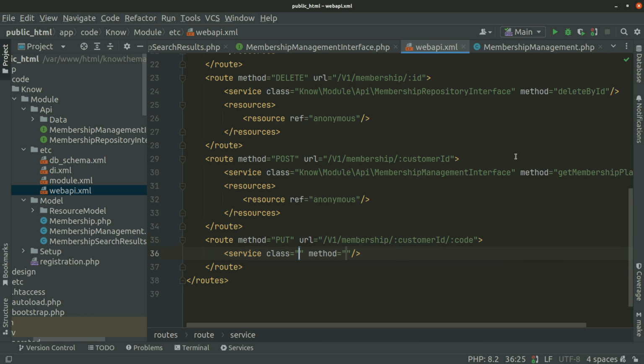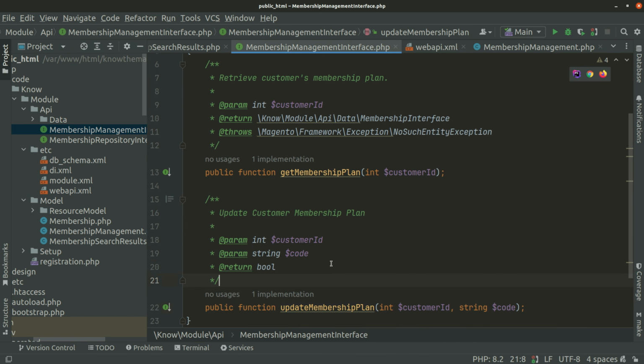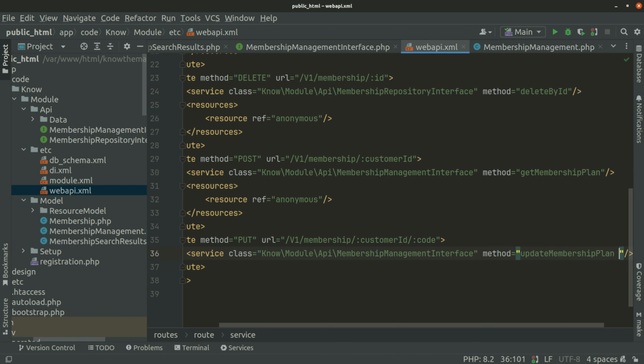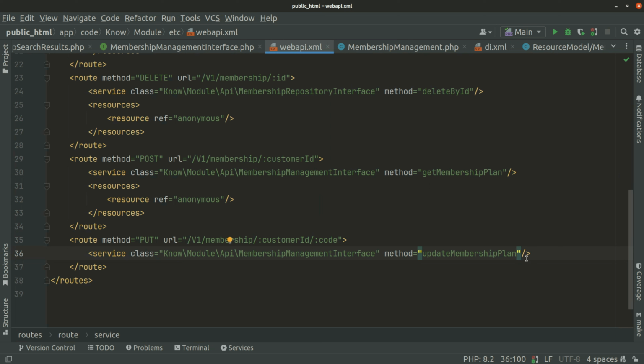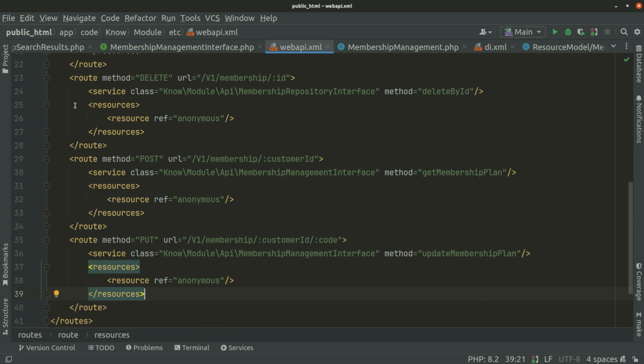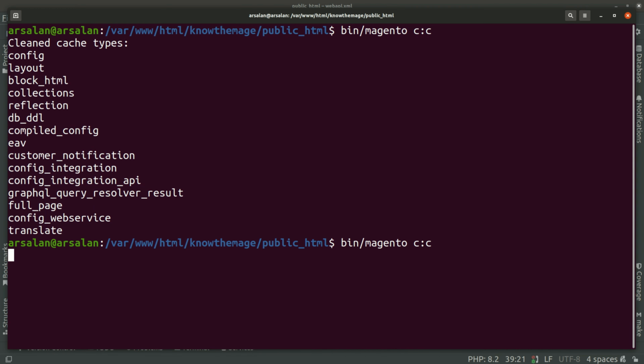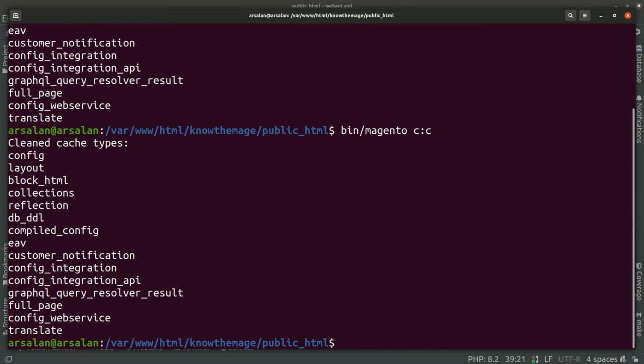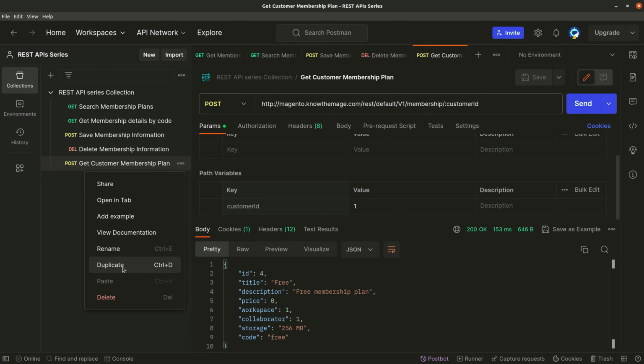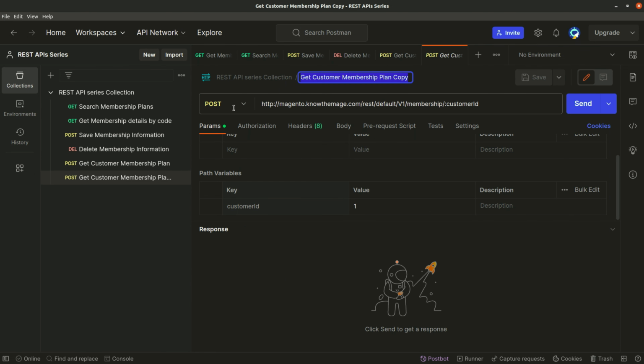Define service. The service class name is membership management interface and method is update membership plan. Use anonymous resource for now. Now flush the cache, duplicate this request, and change method type to put, rename the request,